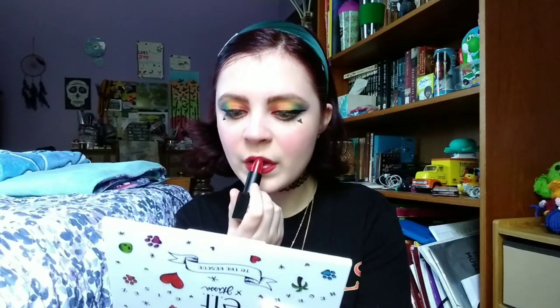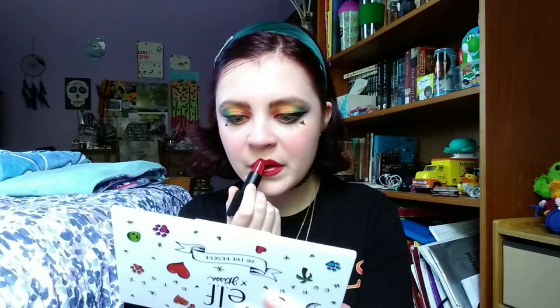Now, what's a better way to finish this off than with my favorite lipstick? This is the House Laboratories red lipstick, and it is sparkly, and I love it. I bought one, lost it, then I bought two more. One to replace it, then one as a replacement when this inevitably goes. Now this has glitter in it, so